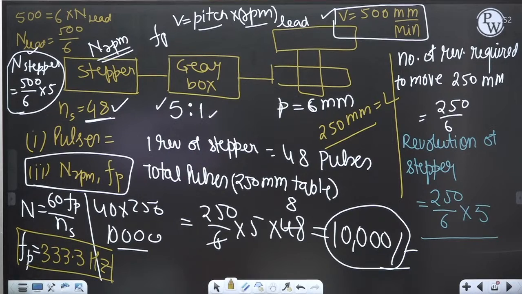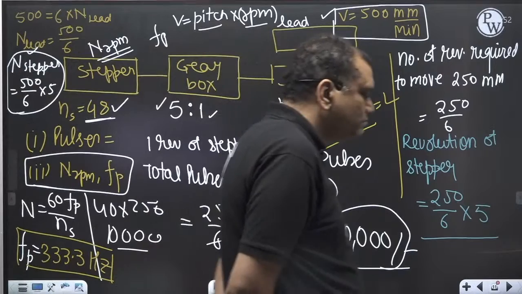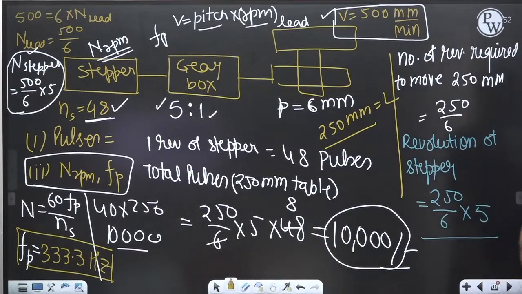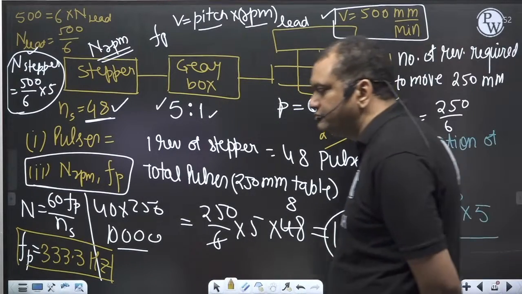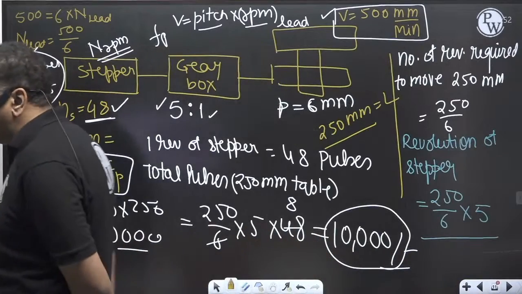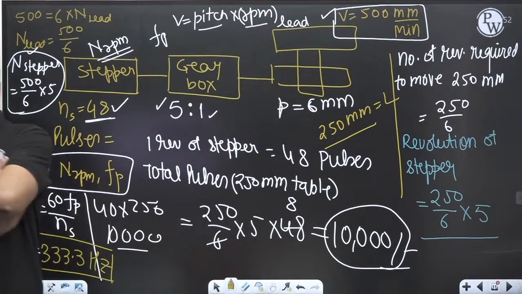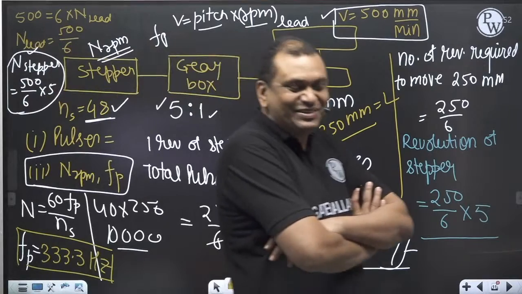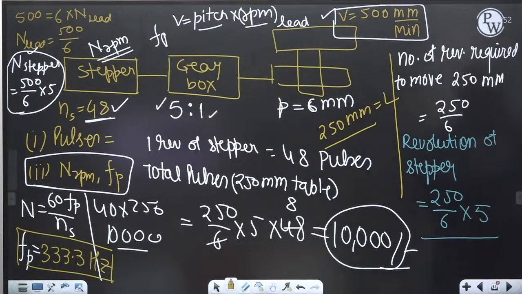333.3 hertz. Frequency is correct. So I have introduced some variety here. The next question will be a different variety. Okay, so let us learn variety